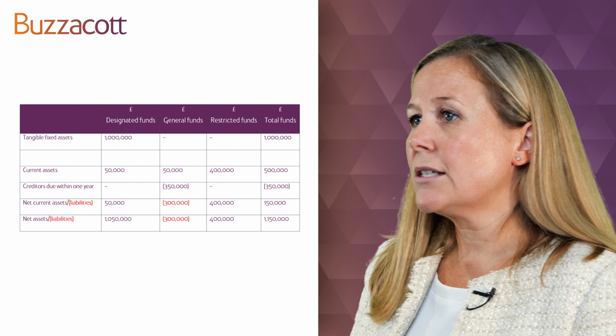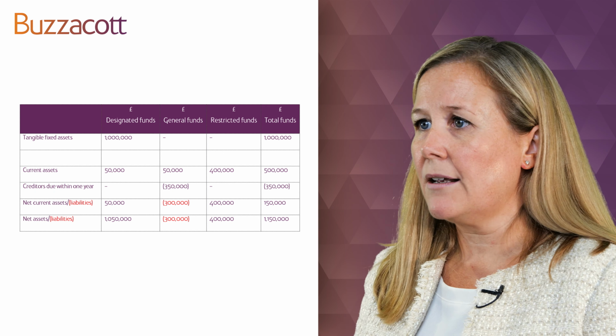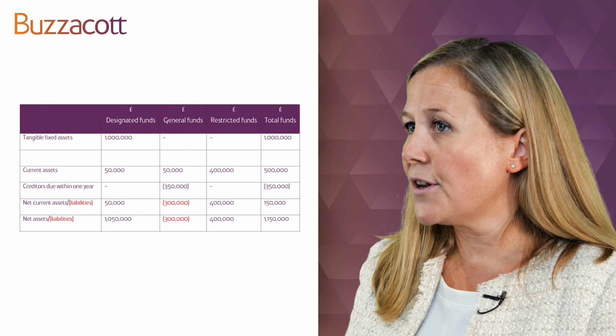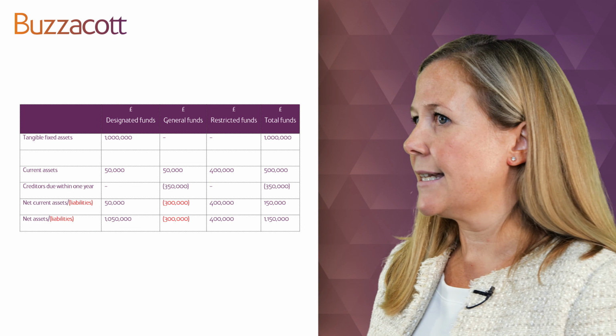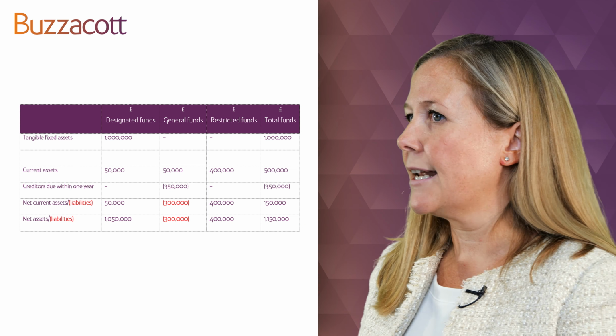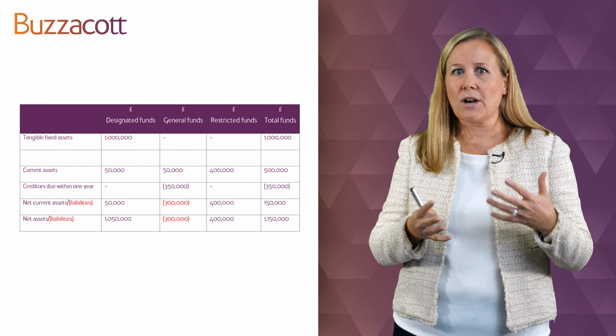You may also have decided that you want to invest in a new project, something like that. So you've set aside some funds, which actually means that some of your liquid assets might be tied up in designated funds already. And then if you look on the right-hand side, just before the total fund column, you can see the restricted funds. So really these are funds that you're sitting on and you're waiting to apply for those specific purposes, and they're not part of your general funds available to spend on any sort of charitable expenditure.